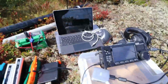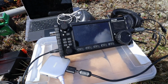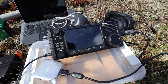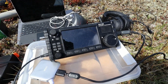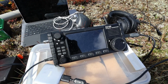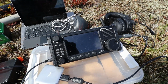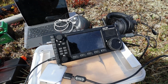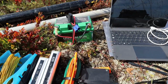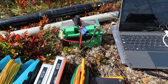You can see the main part of my equipment here. This is the Xiegu X6100 QRP radio. It runs 5 watts output, and 10 if you use an external battery. I'll be limiting it to 5 watts today to run in the QRP class, and it can run for quite a while on its internal batteries, but I'm also going to be using these external batteries over here, basically to make sure that I have a lot more